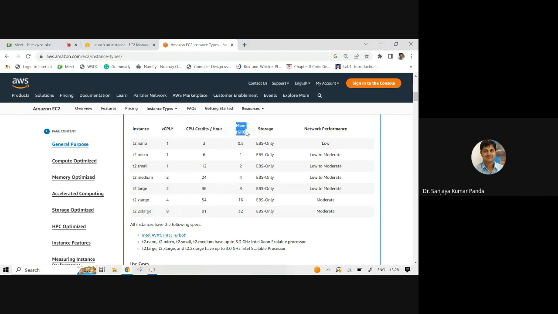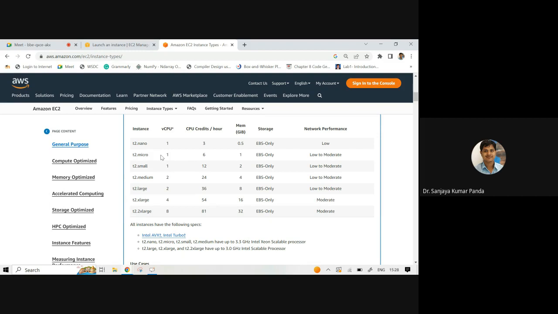Then memory size in GB, storage method, that is EBS, called Elastic Block Storage, and network performance. If you go for big instances, definitely network performance is high, you will find the best storage method, memory is high, CPU credit per hour is more, and virtual CPU is also more.